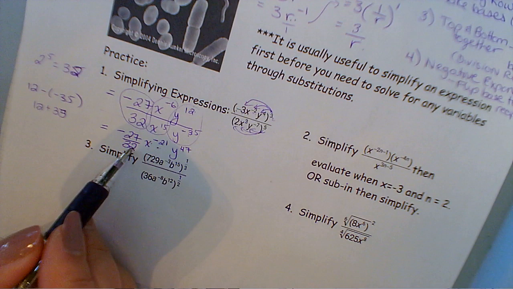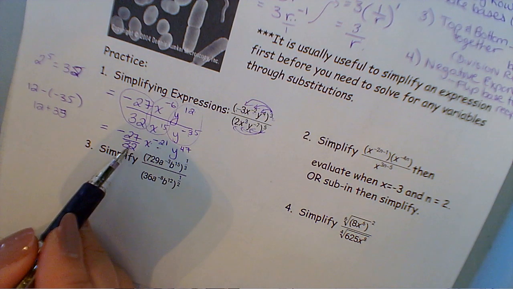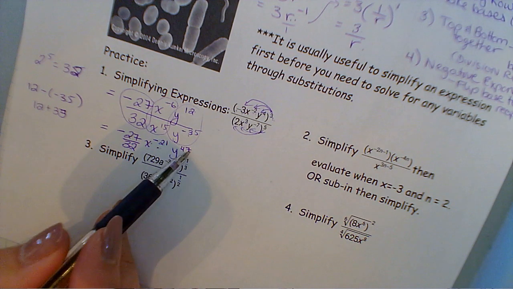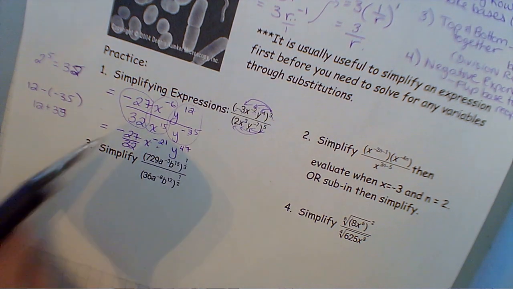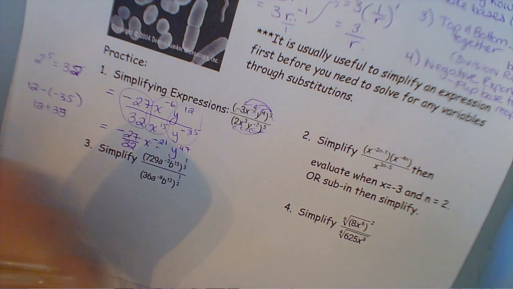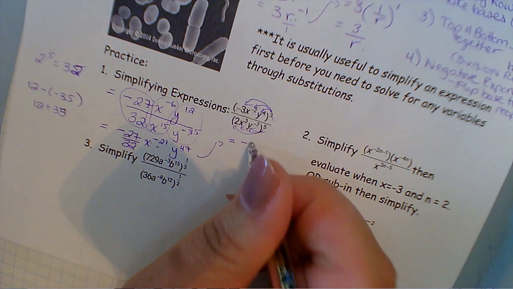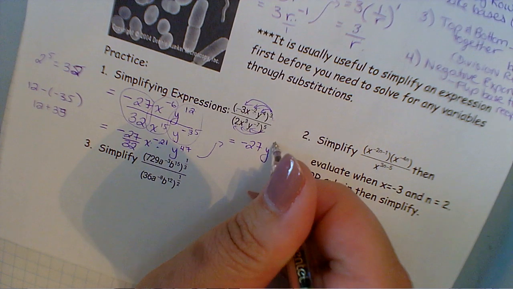He's going to slide as an x next to the 32 who's already in the bottom. The y does not get flipped. The y has a positive exponent on him. He stays in the numerator where the 27 is sitting. So the cleaned up version and your final answer would look like negative 27 with a y to the 47 sitting on top,